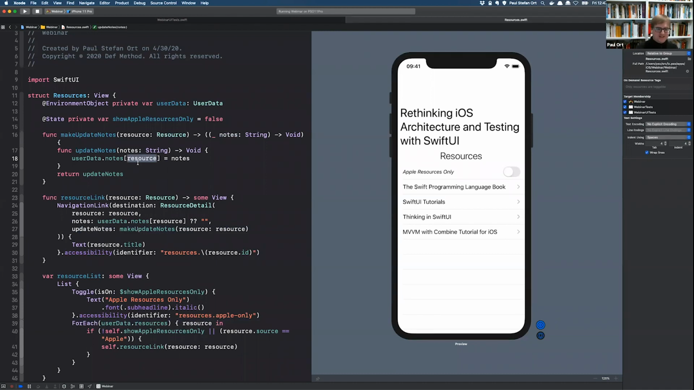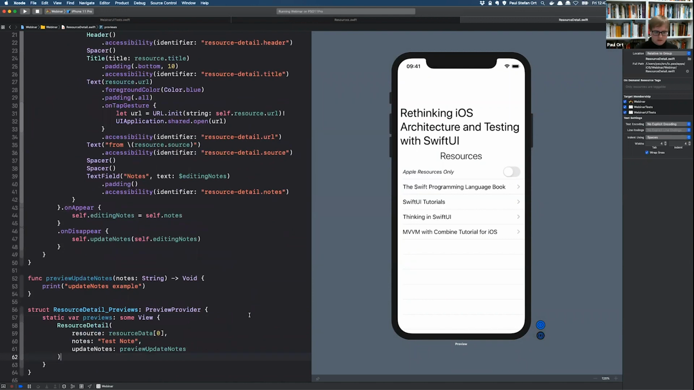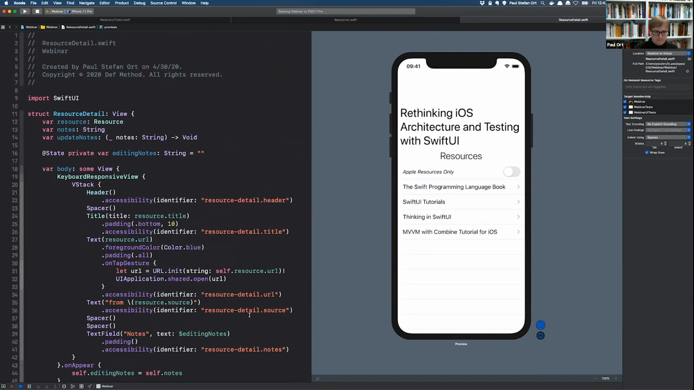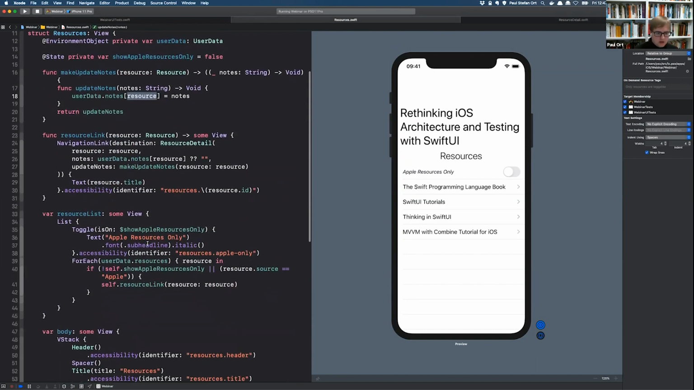I'm not saying this is the way to do it. This is a way to demonstrate the flow of environment objects and data without requiring the leaf node or the destination view to know anything about state or environment. So if we look here at the resource detail, it will be best as a preview on an actual device. But if we go into the resource detail,